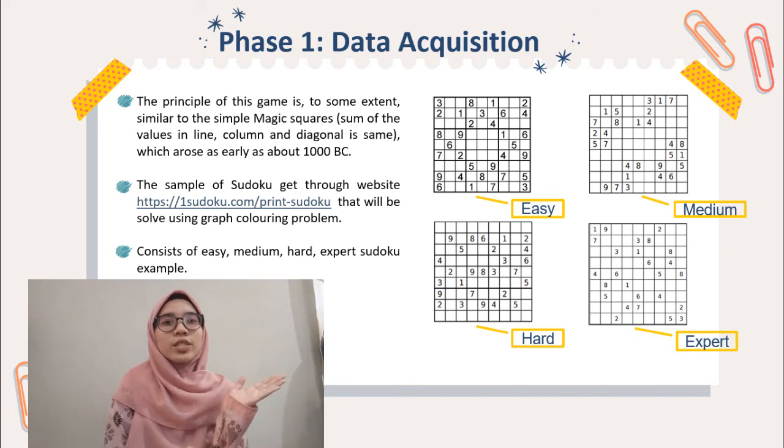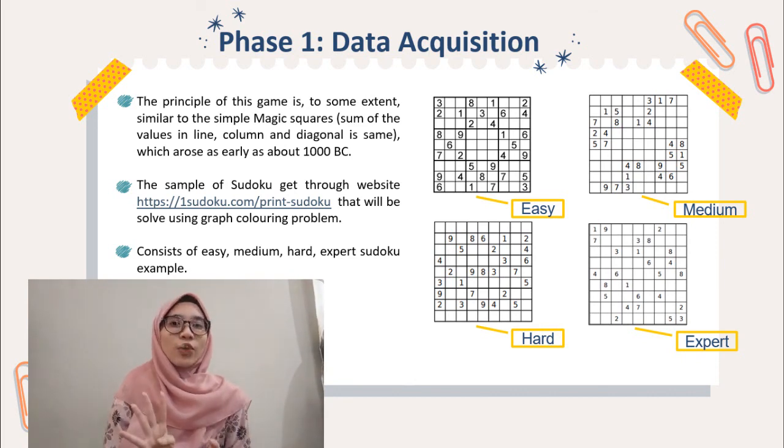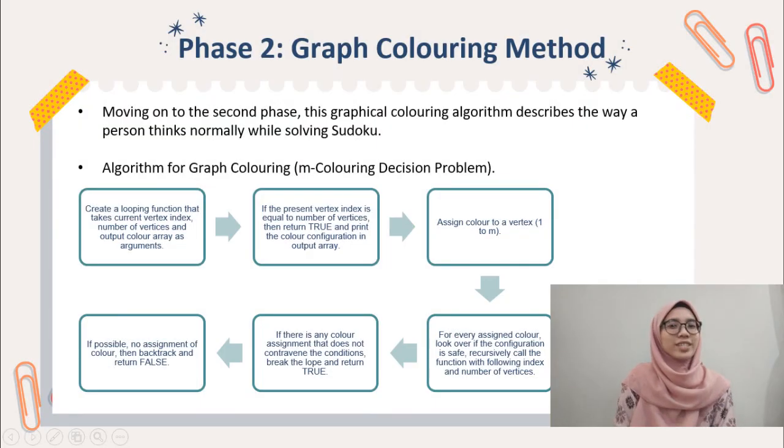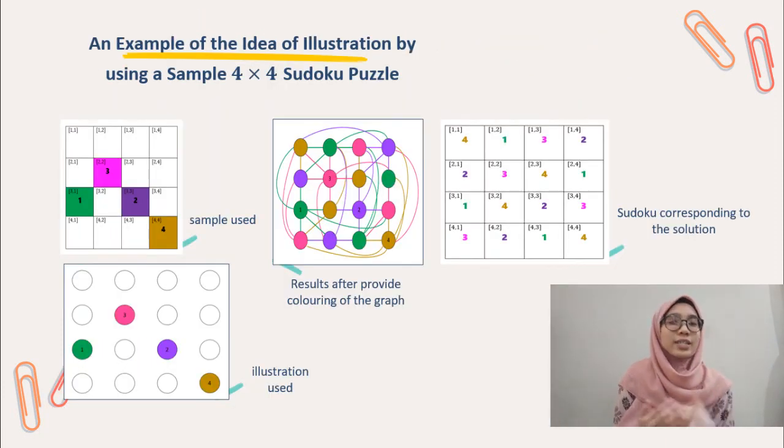The figure above shows the Sudoku puzzle samples with 4 levels, which are easy, medium, hard and expert. Moving on to the second phase, this graph coloring algorithm describes the way a person normally thinks while solving Sudoku. The algorithm for graph coloring, which is the M coloring decision problem, has 6 steps, which are available in the figure above. We show you an example for 4x4 Sudoku puzzle samples, and these are the results we get by using